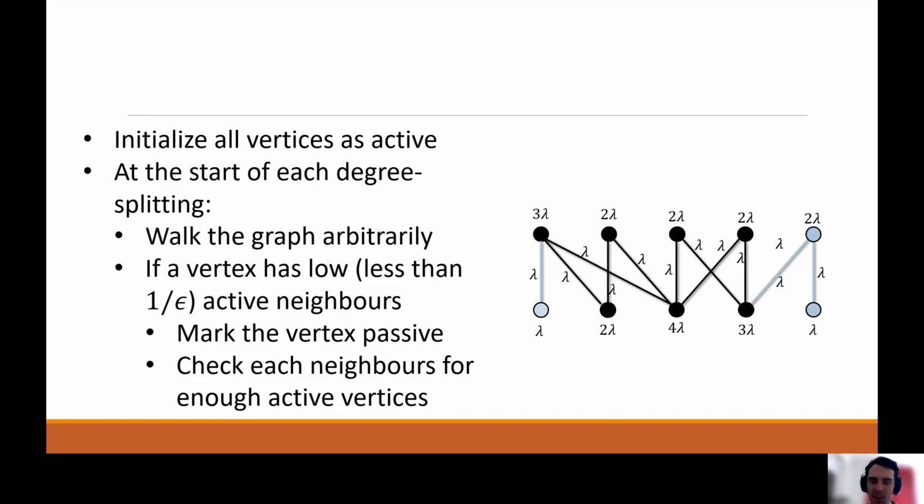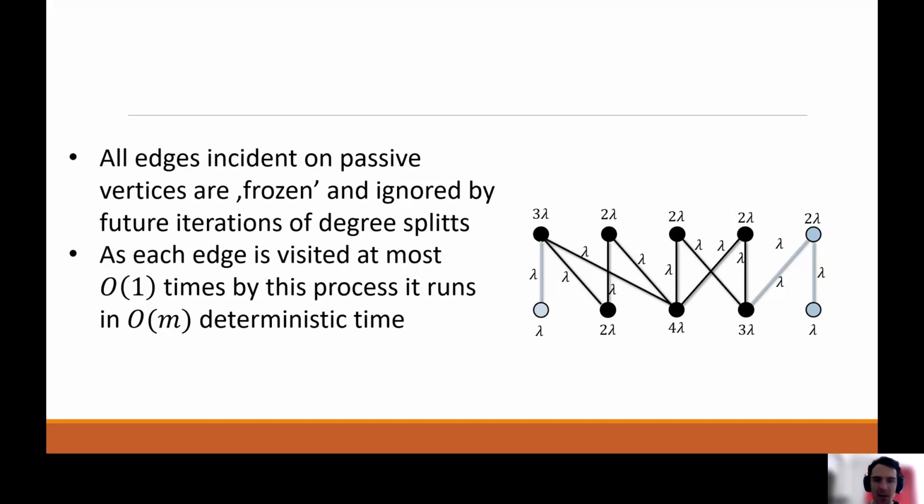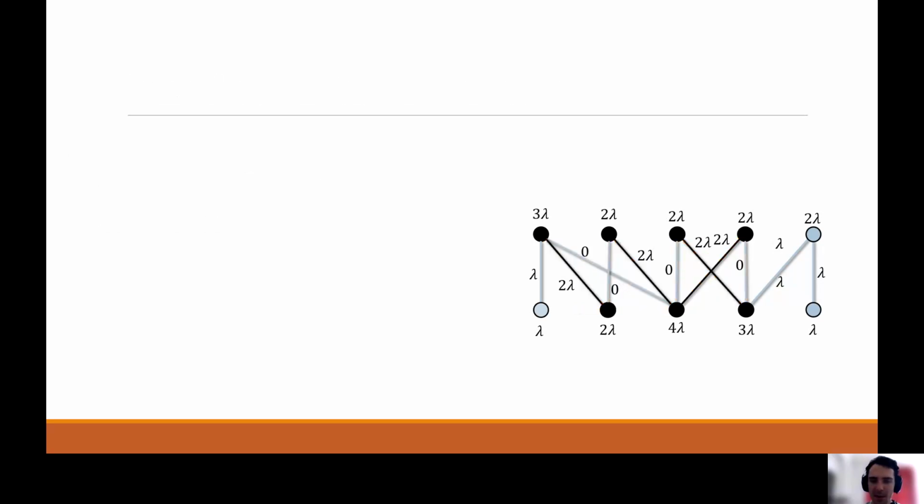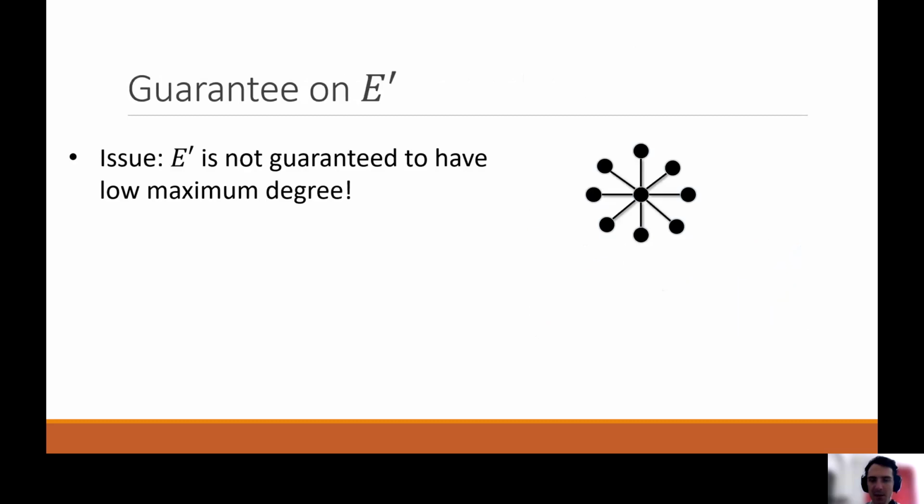Those edges will be part of our sparsifier with the weight they currently have. And we will proceed with degree splitting on the remainder of the graph. This can be done in linear time, as this is again essentially a walk, and the endpoints of each edge will be checked exactly once for having the right number of active neighbors. And we can just repeat this process again and again. And this way we have achieved